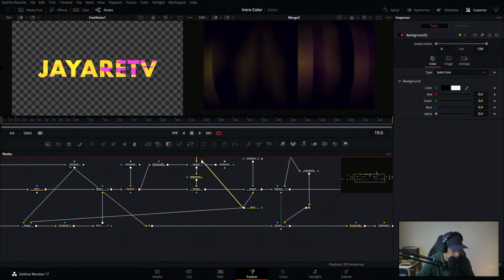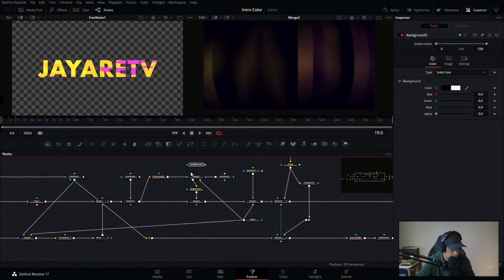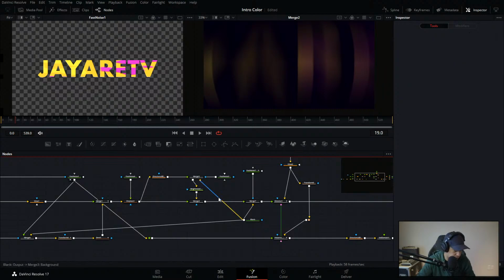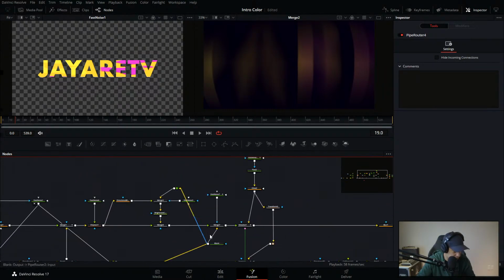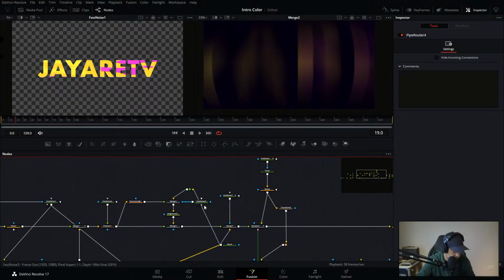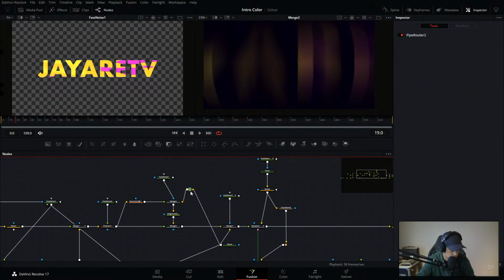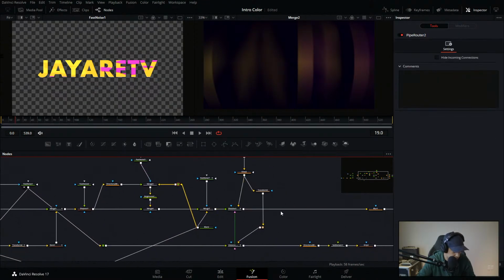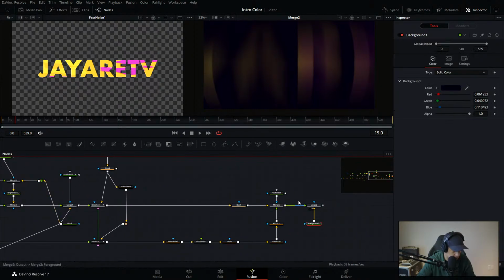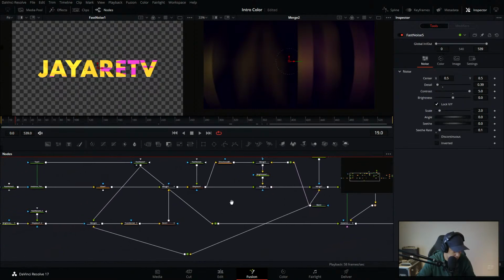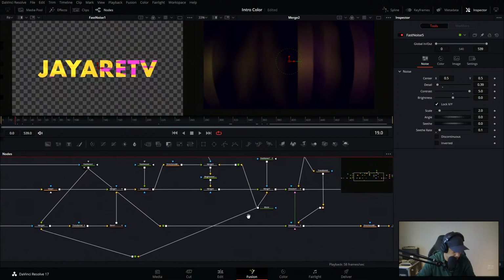Another blank. Get that out of here. All right. There's it colored. Okay, so